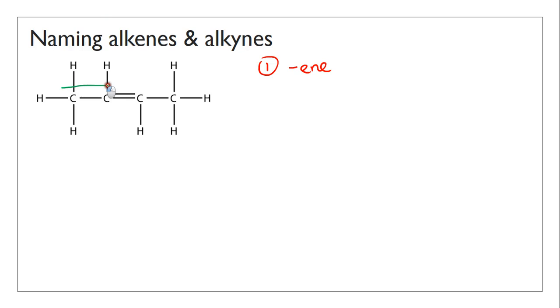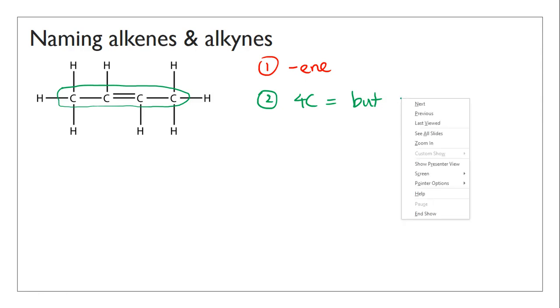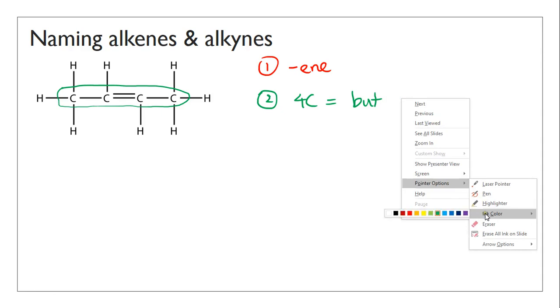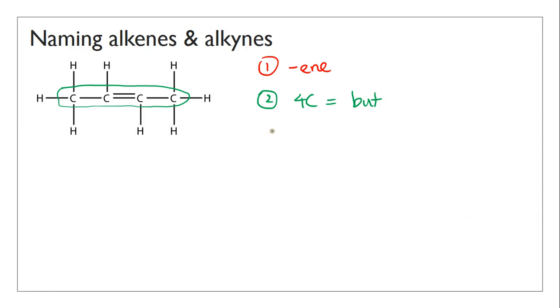So the longest continuous carbon chain that contains this double bond is here, and there are 4 carbon atoms in this chain. So there are 4 carbons, which means that I'm going to go with but-. There isn't any branching, so I don't need to worry about step 3. However, there is an extra thing that you need to do. So you actually have to consider step 4 here, because when you name this, if I just name this butene,